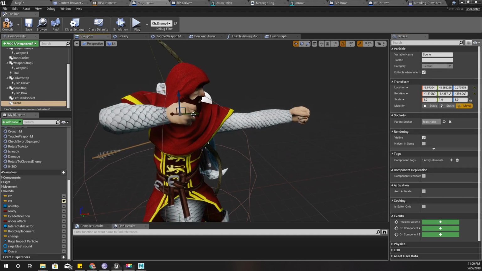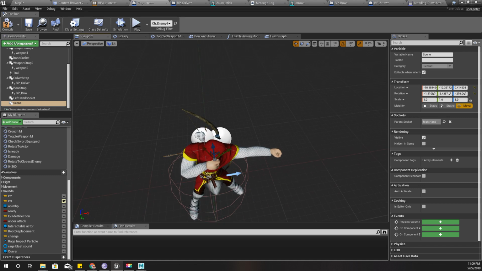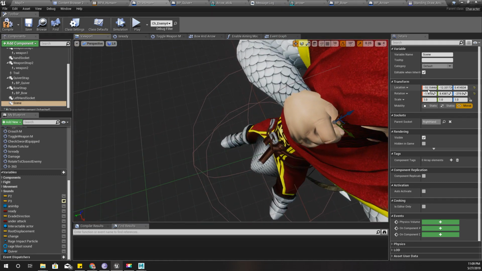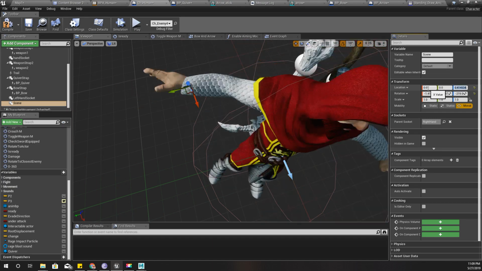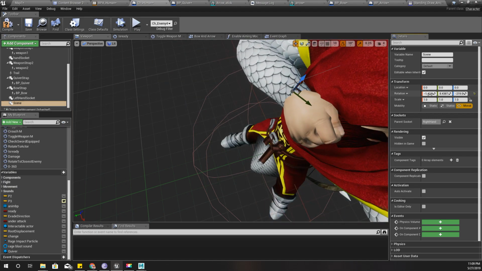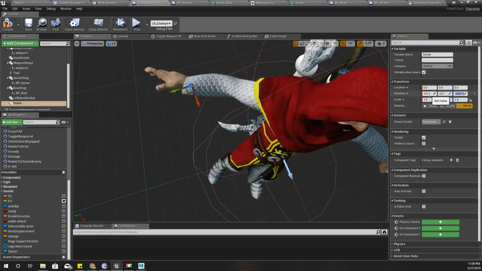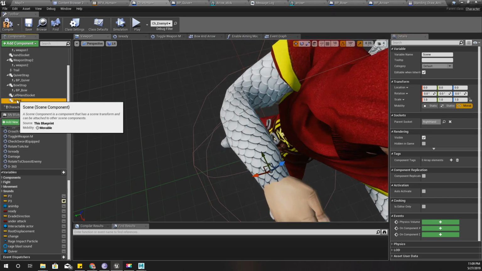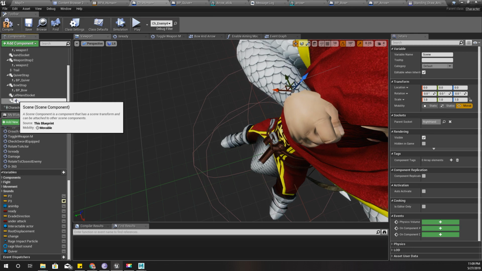Let's move it like this. It should be like this. Okay, now I'll call this one arrow socket,